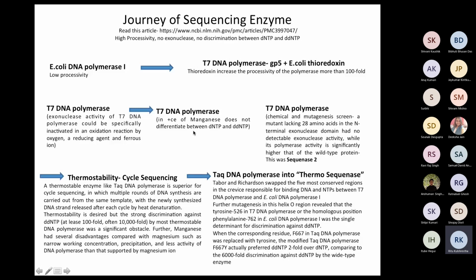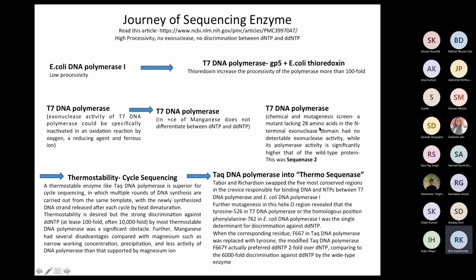The advantage just came with the fact that in the PCR reaction, you replace magnesium with manganese. Then again, the sequenase enzyme was developed. So they were trying to look for whether we can have this exonuclease activity almost completely removed. So in that case, what they did, they were doing some